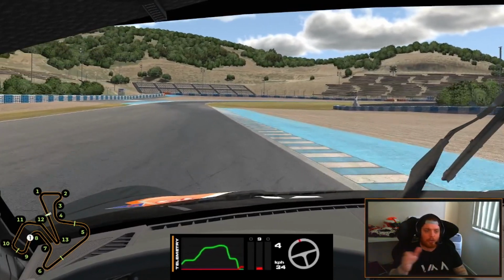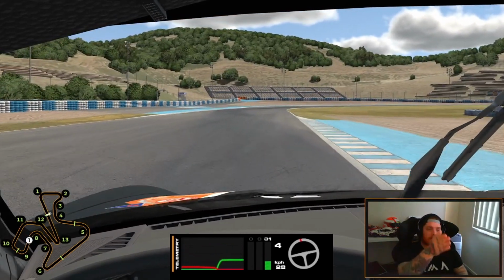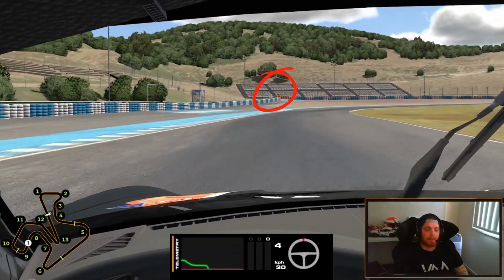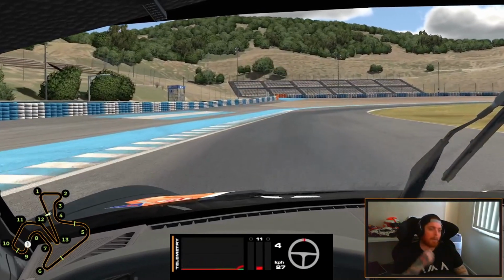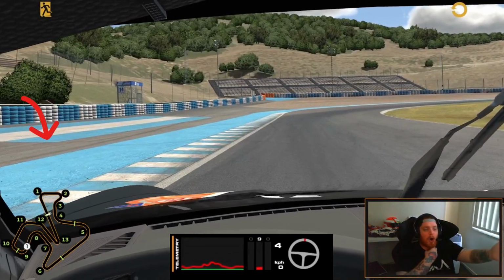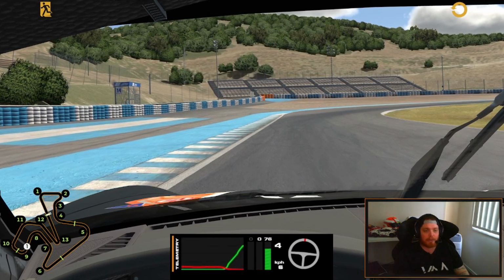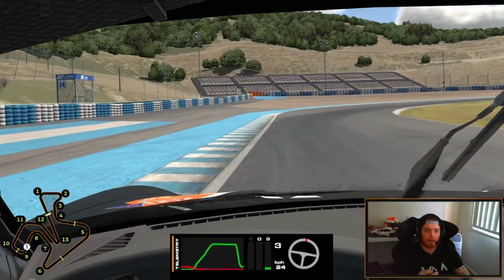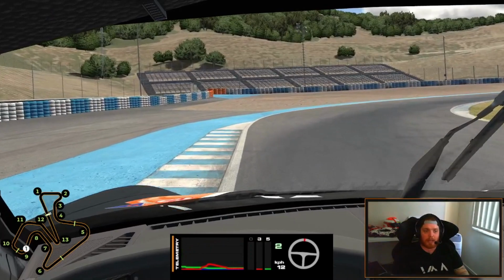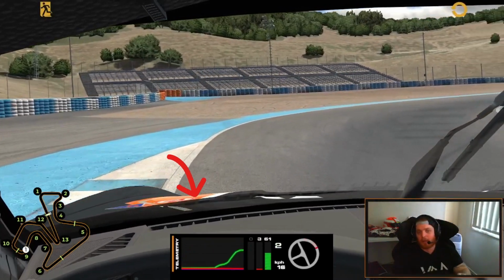I don't use the curb, but I get as close to the curb as possible. And then I start heading back towards the orange wall directly in the distance. And then I brake, still in fourth gear, just before this little patch of blue and white concrete behind the curb, so that further part out. I brake there, fourth gear, back to second gear, so I go third, and then I go back to second just before I turn in. So right at this point here, I go back to second, and I turn in four blue squares from the end of the curb, turn the car in,